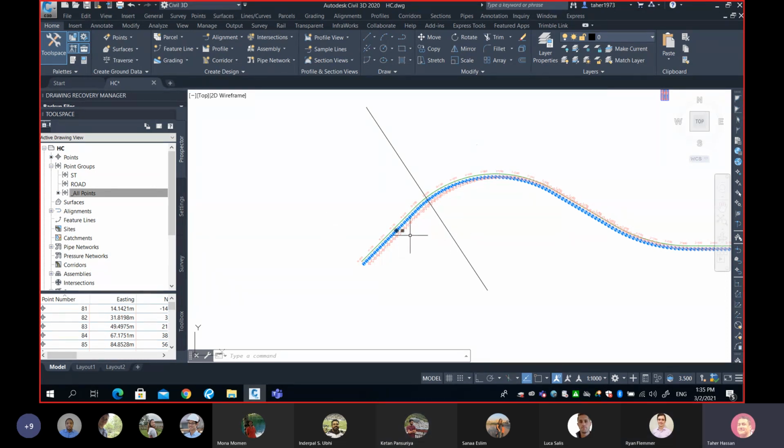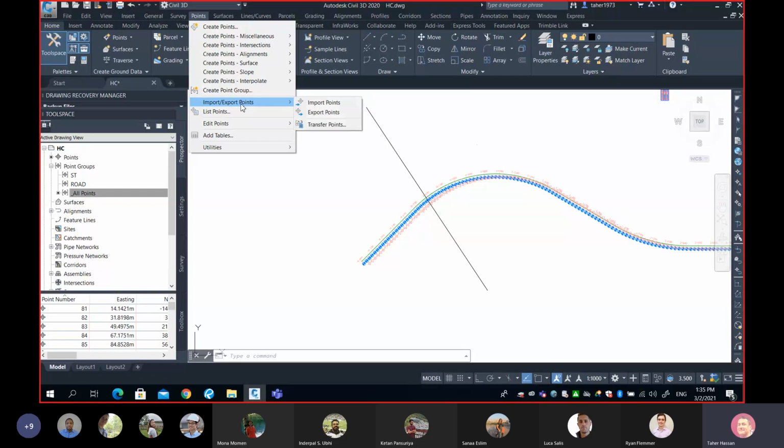Is that a good idea? When we create points, by default they go to underscore all points. So now my all points will have a mix and match. We'll have points on Success Trail, and we'll have points on Crowchild, and so on. So all the points in my drawing go to the same container. Is that a good idea or bad idea? And remember, look at this, when I exported my points,